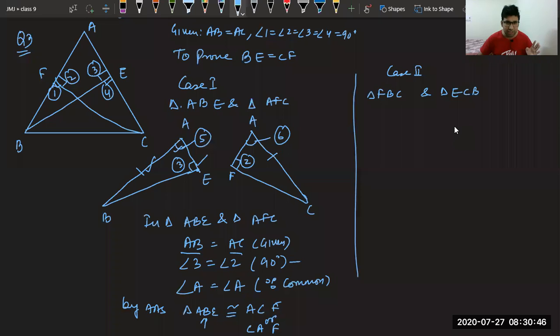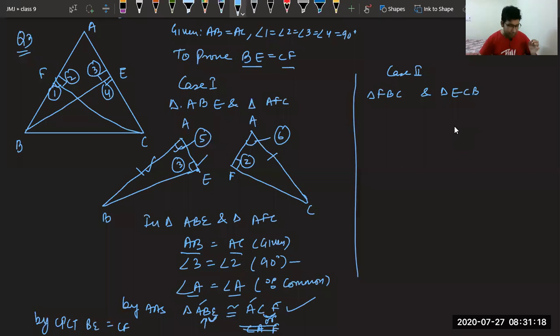ACF is correct. Let me check. They are saying angle A equal to angle A. In my question, first angle A, first angle A. This is correct. This is wrong. So ABE is congruent to ACF. We have got the correct name. To prove was BE equal to CF. Now see, BE is second and third, CF is second and third. We have got by CPCT BE equal to CF. I hope all of you are confident enough that you can solve these questions on your own now.